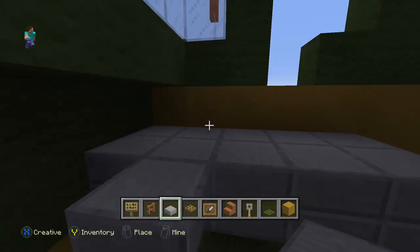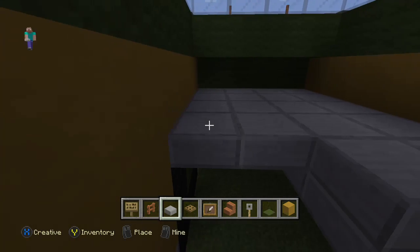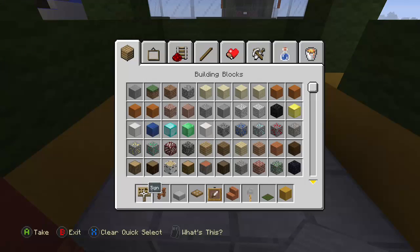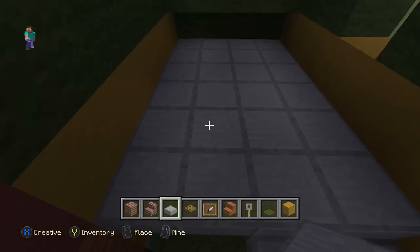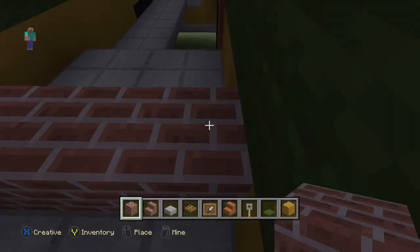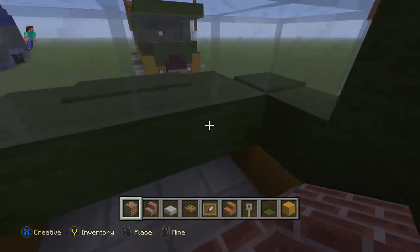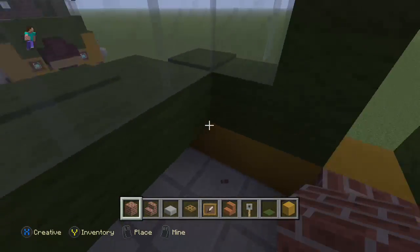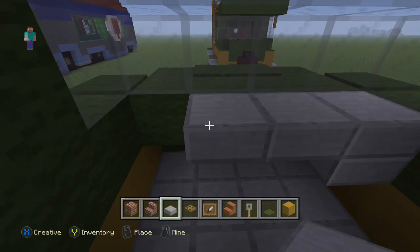I didn't realise I was a layer down then. Now I won't do all of it, I'll just do the front like I've done in my one. And all I've done is I've used brick and brick stairs, and I've just literally gone and layered all of it like that. Oh, I actually went back a bit. I use slab like that, slab there,